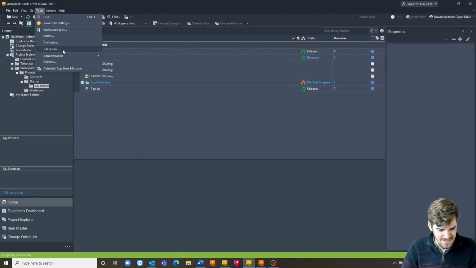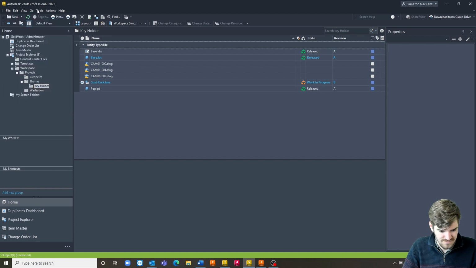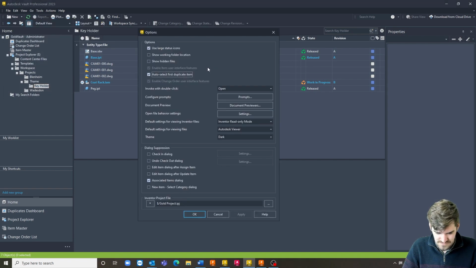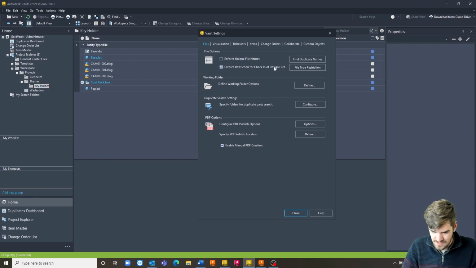Completely lost where it is. File. Of course it is. Inside of Vault settings,